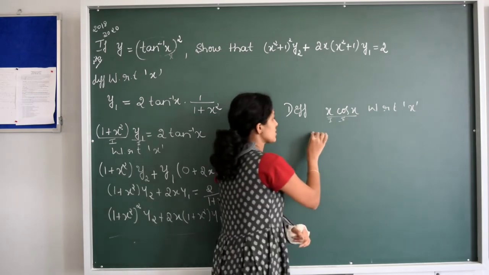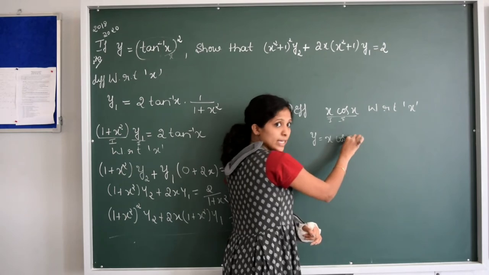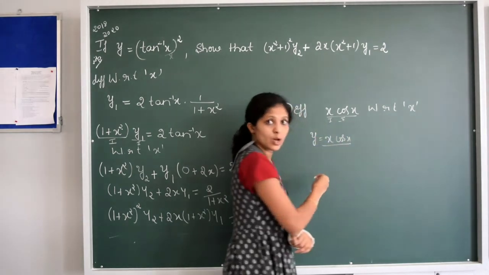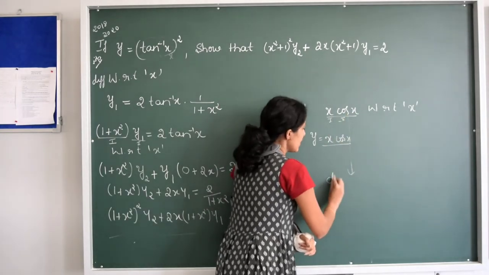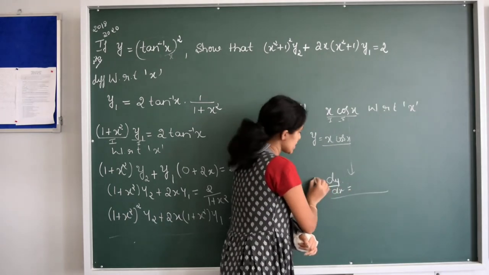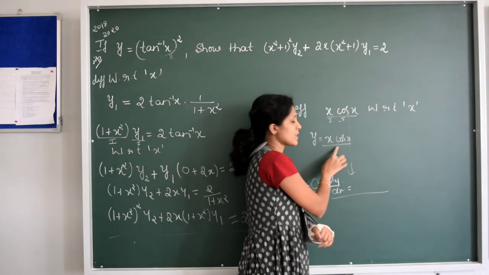First, you have to consider the function y is equal to x into cos x. Then only we can differentiate this. The derivative of this will be dy by dx. Then you can apply the product rule. Most of the students, what do they do? First, they differentiate everything. Finally, they write dy by dx is equal to this much. Okay? Then you will not get marks for this one. This will be 0. So first, you have to consider the function y is equal to x into cos x.